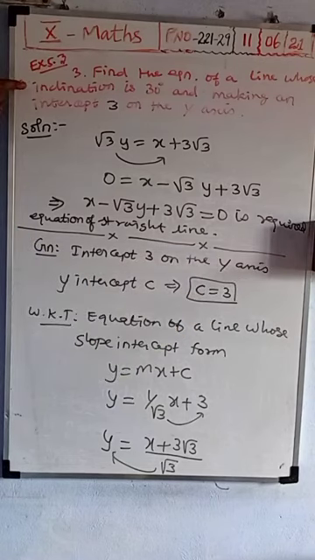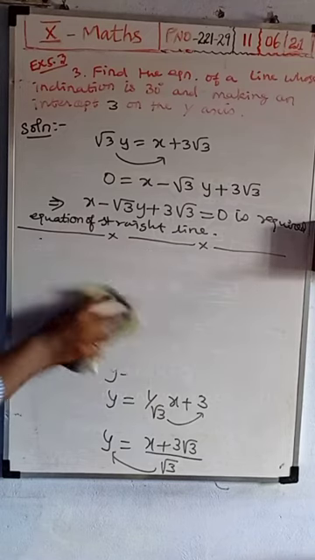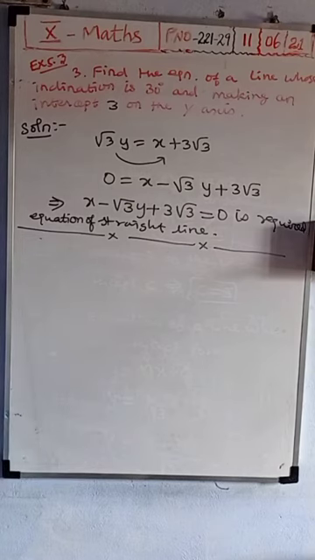Here the angle of inclination is given. Using inclination we want to find the slope. The y intercept c is given, so for comparison we know the formula y is equal to mx plus c. M and c values substitute and simplify, we will get that equation. That equation is x minus root 3y plus 3 root 3 is equal to 0. Okay, that's